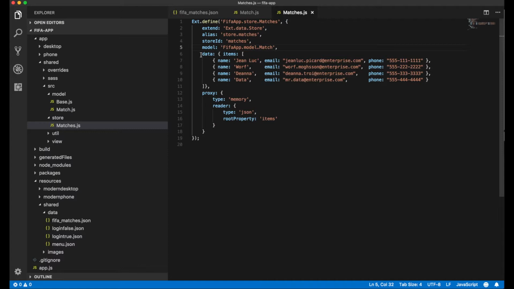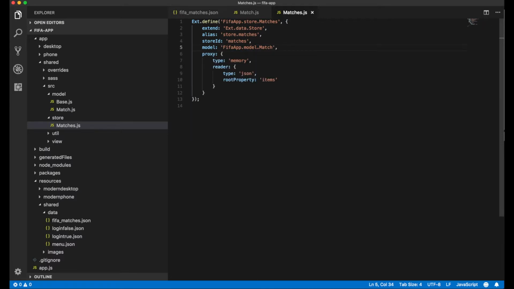So we will change model and we will not use any hard-coded data, but we will use proxy. And type of proxy will be Ajax, and we need to specify URL, and URL will be resources shared data.json,